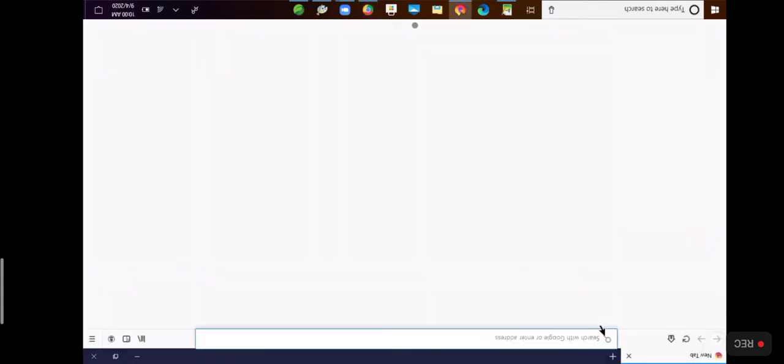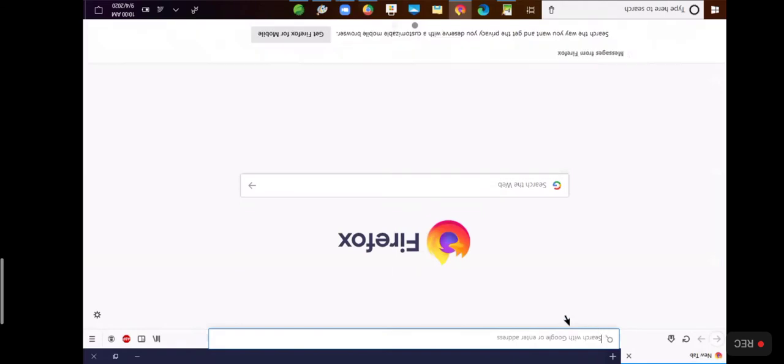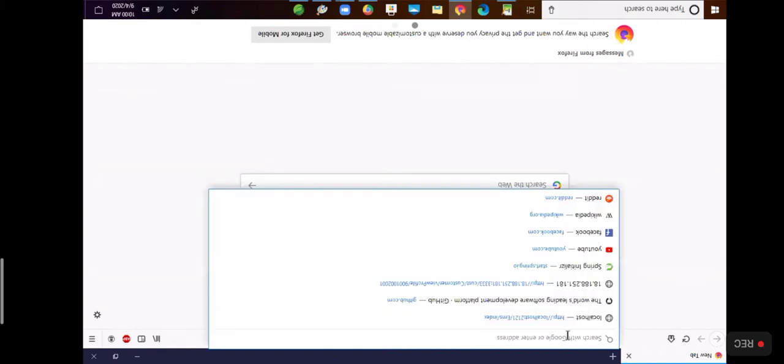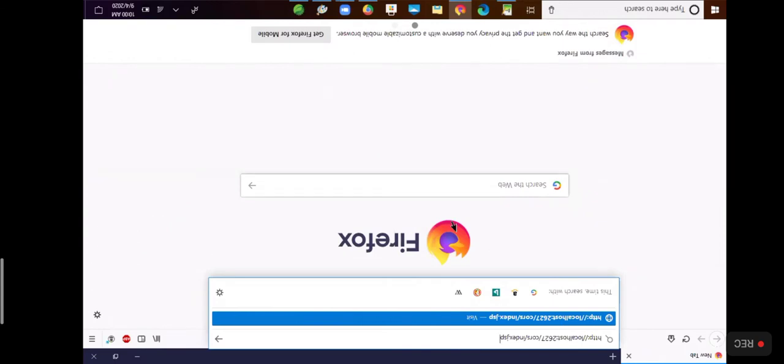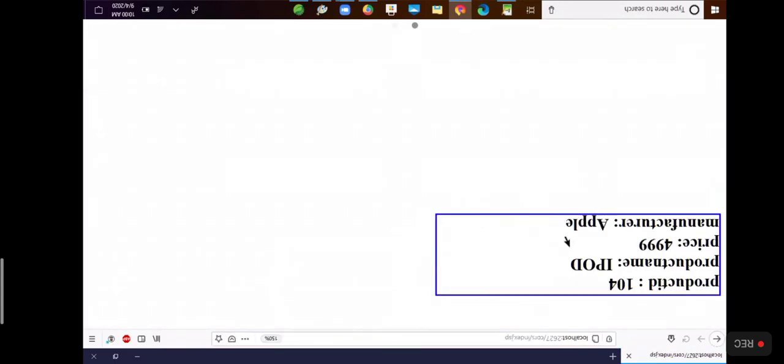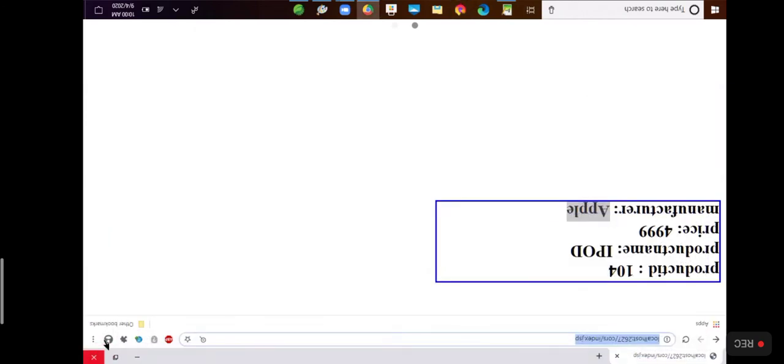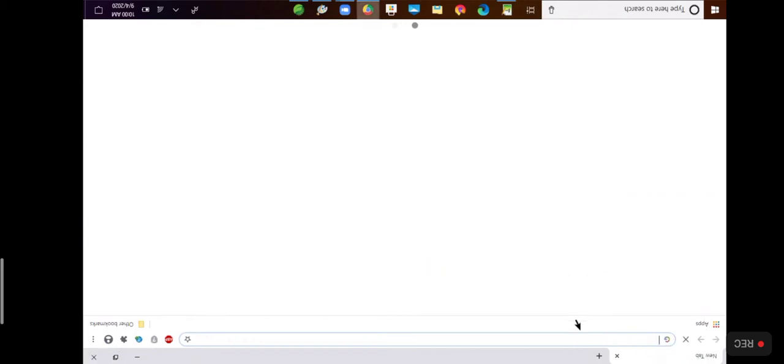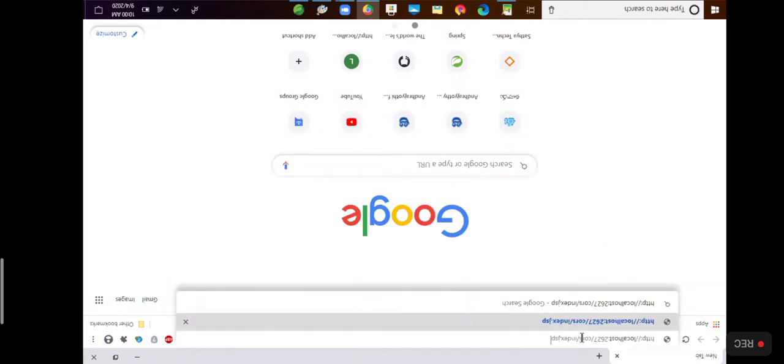Whenever the page is loaded, the JavaScript code starts execution, because the JavaScript code runs when the document is ready on the browser. See, first the page loaded, then data is printed on that. Better to open the browser again. When I press enter, it's just a fraction of a second difference only. First the page loaded, then immediately data will be updated on the page.